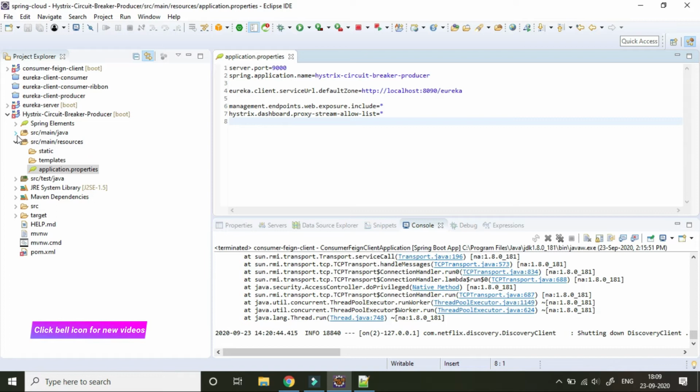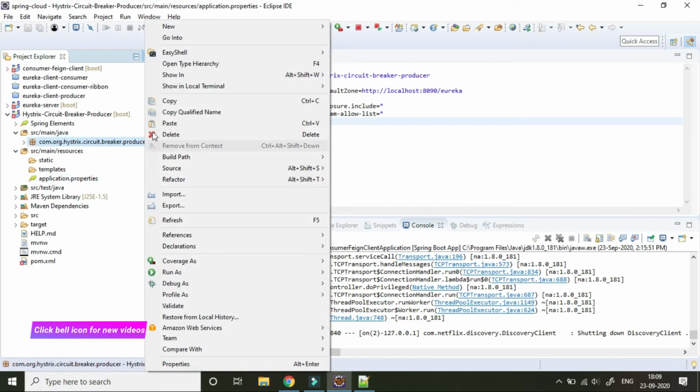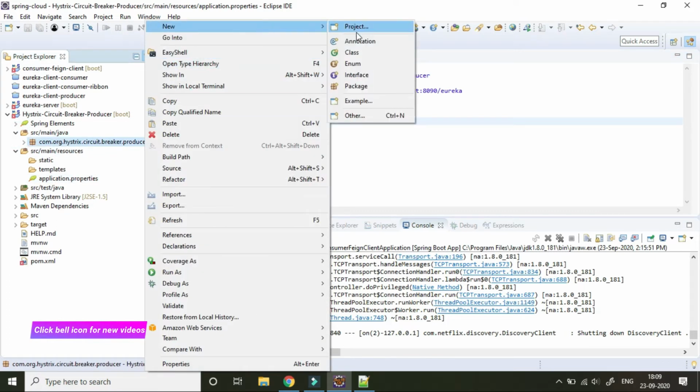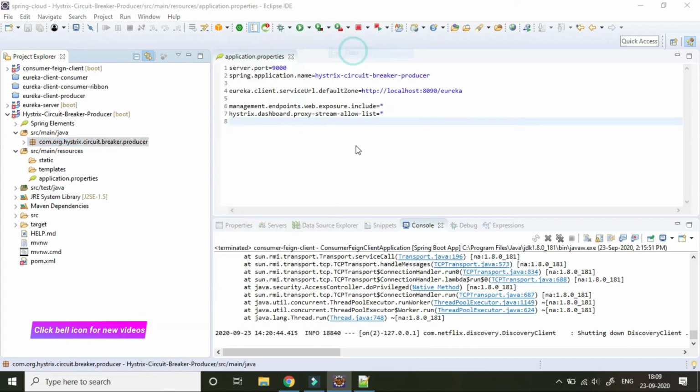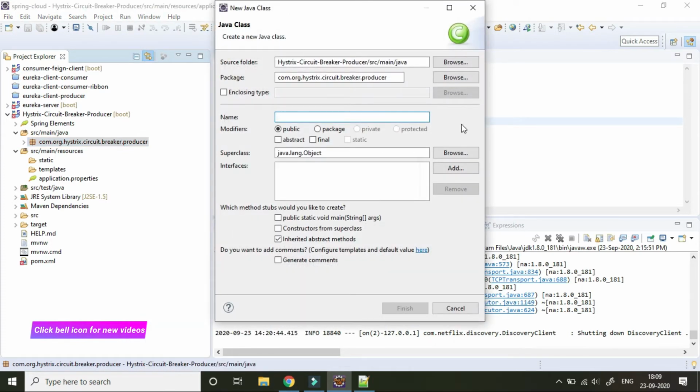Now we will create a controller class where we will implement our circuit breaker logic.